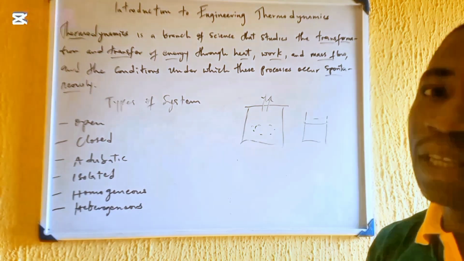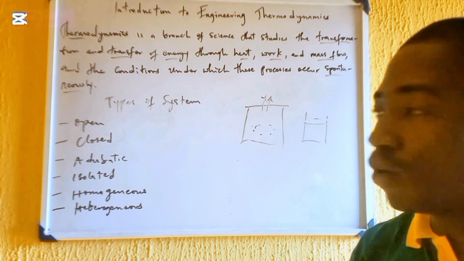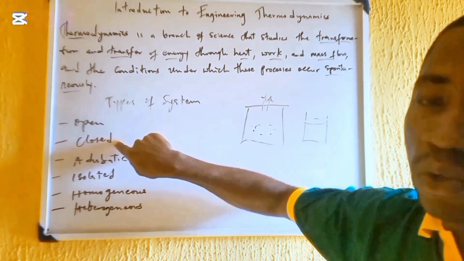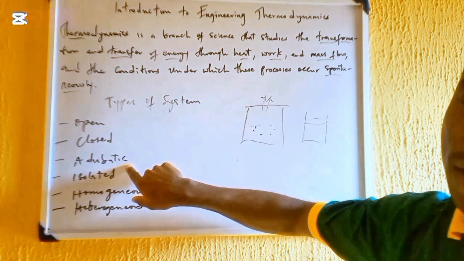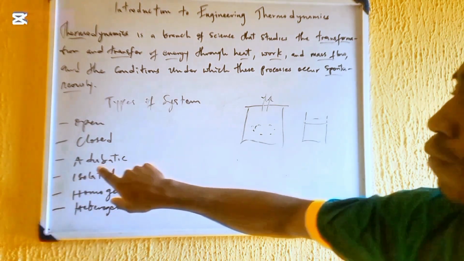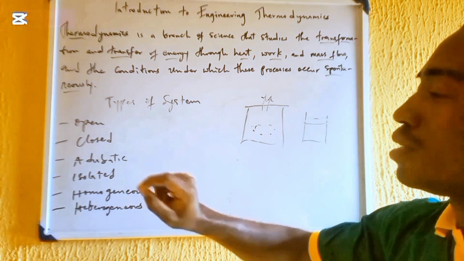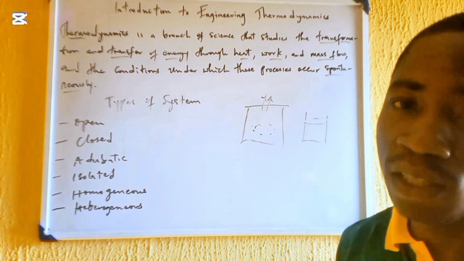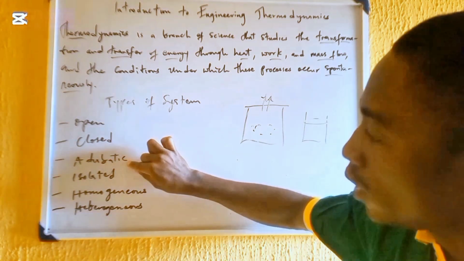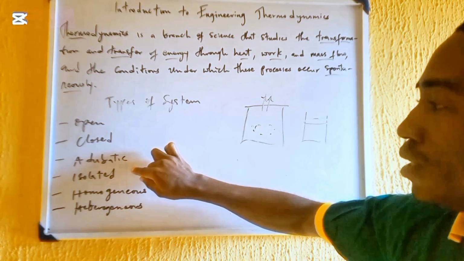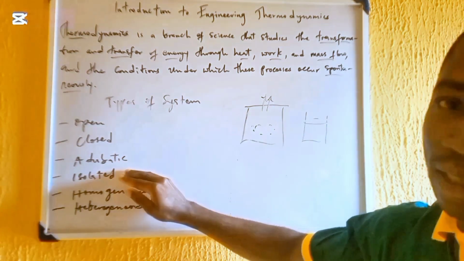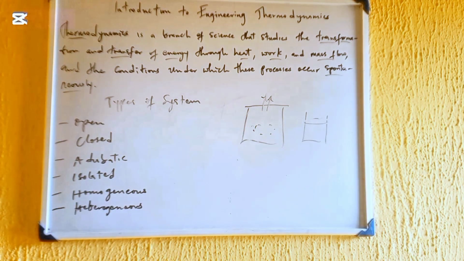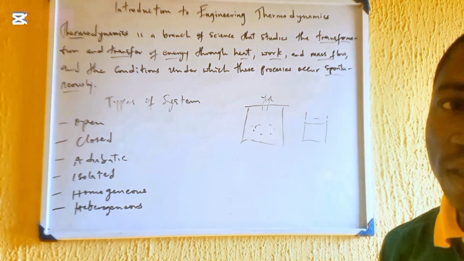Now, what gave birth to adiabatic system? We said, okay, we just want energy to flow across the boundary in the form of work. So we don't want energy transfer by heat. In other words, we insulated the closed system, which gave birth to what? Adiabatic system. You get? Then we finally said, okay, we don't want the system to interact in any way with the surrounding. In other words, there shouldn't be any form of what? Energy transfer. Then, after insulating the closed system that gave birth to the adiabatic system, we isolated the system. In other words, there is no energy transfer by what? Work. So for the isolated system, it does not interact in any way with its surroundings.